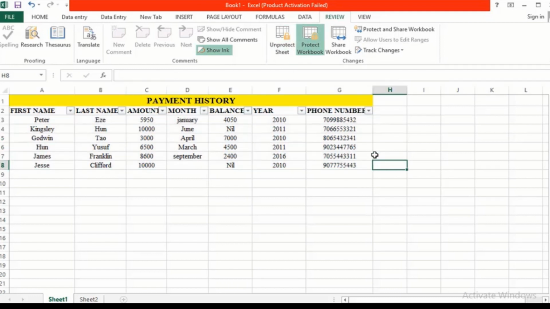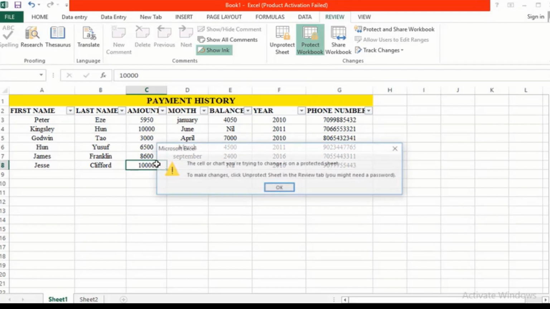Let's see if another person apart from me can have access to this workbook or worksheet. Assuming another person comes in to change this phone number or maybe this amount paid by this person, so that after some time you can go back to the person and say you did not pay. This is what is remaining. Let's see if it is possible for him to change after protecting. Okay, I want to change. The cell or chart you're trying to change is on a protected sheet. That means the workbook is protected. Unauthorized access